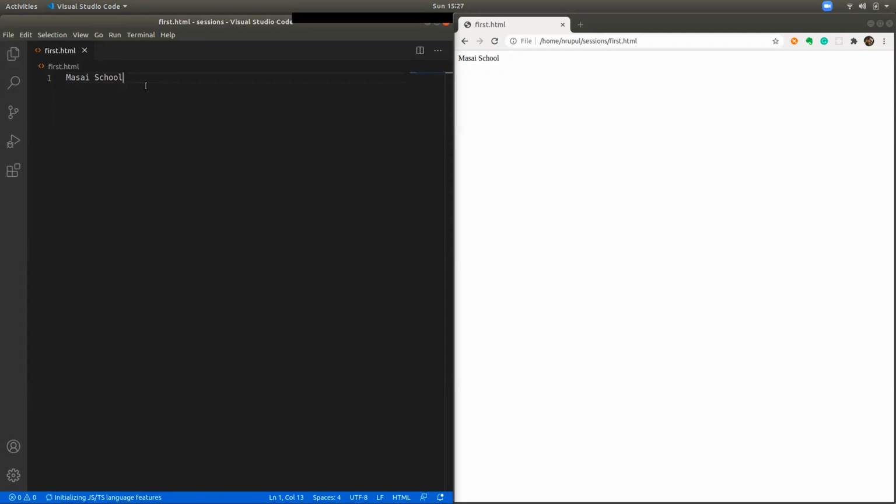In the same way, if you want to put a table, you need a different tag to identify, okay, this content is part of a table. These are called tags.